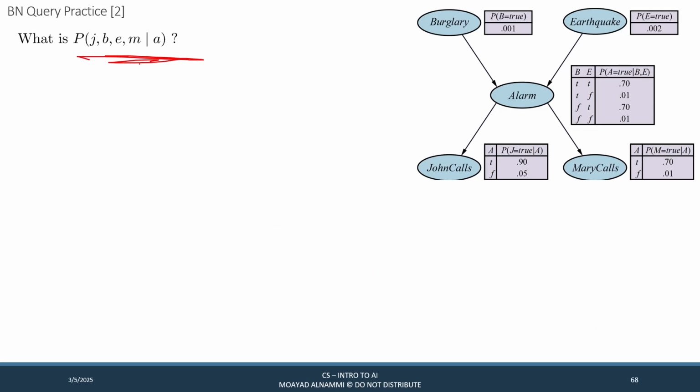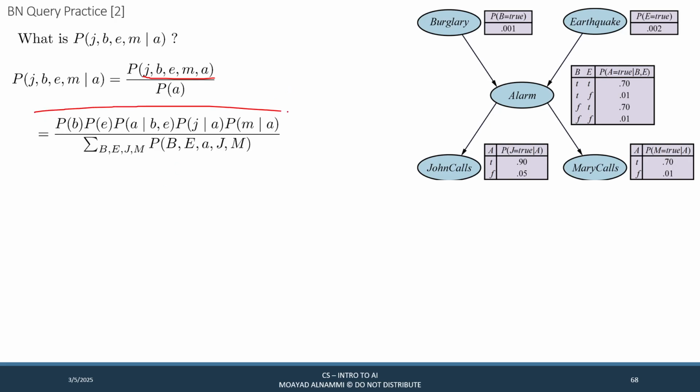In order to answer this query, we'll just go over it real quick. We're going to break it down into numerator divided by denominator. And so to answer this query, J, B, E, M, and A is very clear. Just to be clear, the probability of B is when B is true, and the probability of lowercase not B is when B is false. So this is B is true, E is true, A is true, and J is true. Whereas for the numerator, I can sum over all the hidden variables in my network,